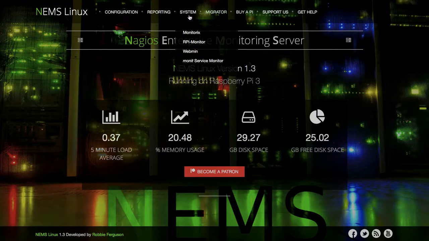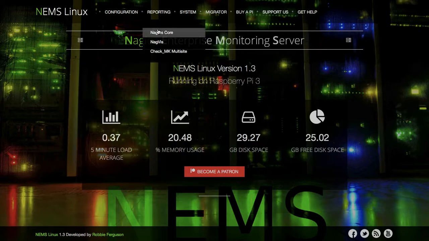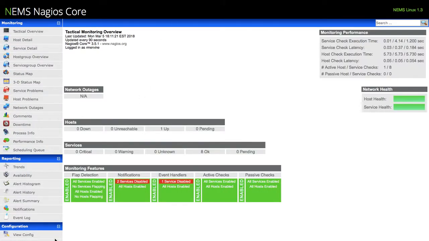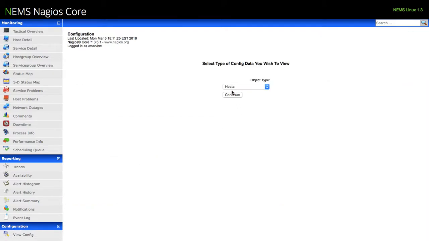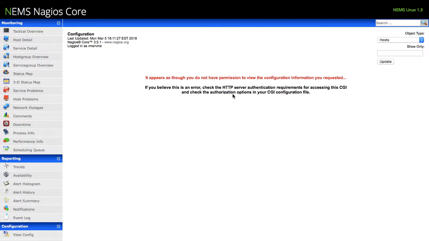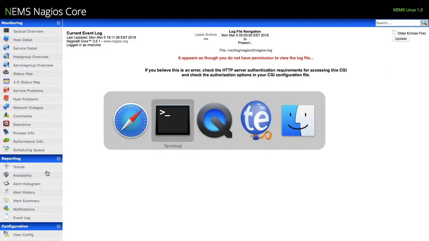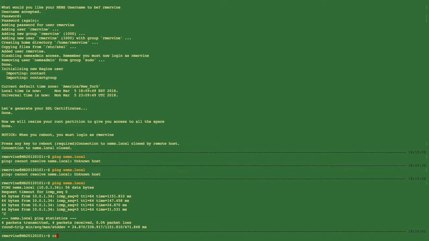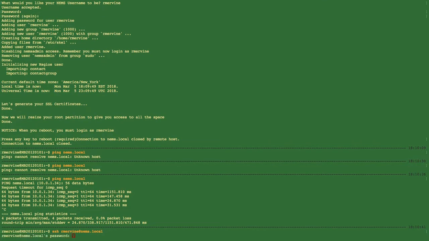So I will go into System, Reporting, and Nagios Core. This is where I'm seeing the problem. If I hit view config and let's say host, see, it says that there's an HTTP server authentication requirement. And I'll go back into the terminal and remote in there just to show you real quick that it is something with